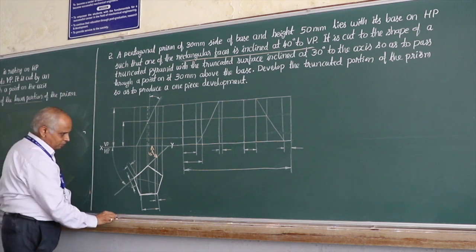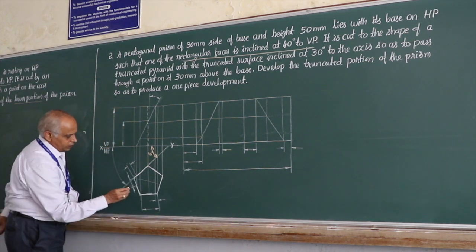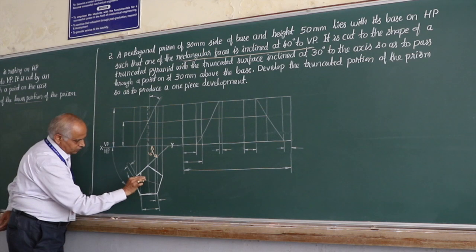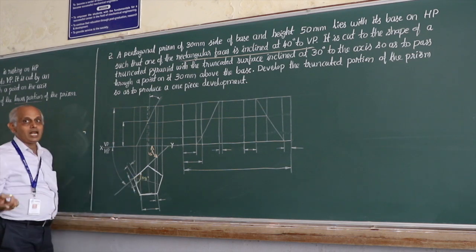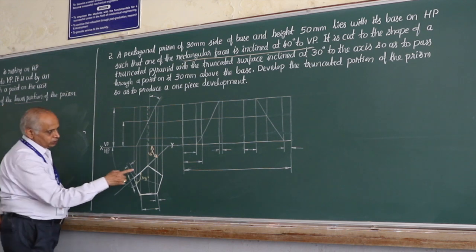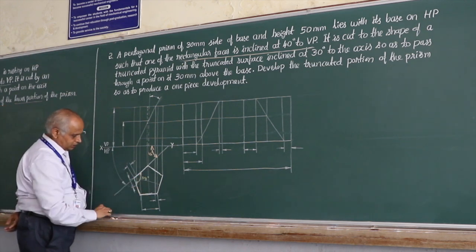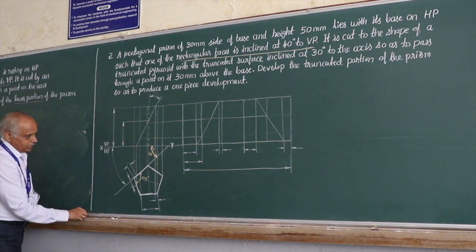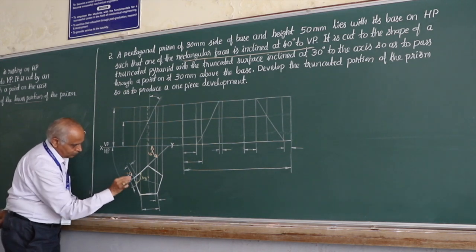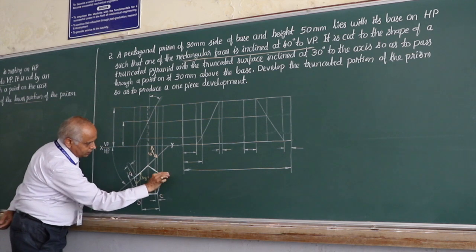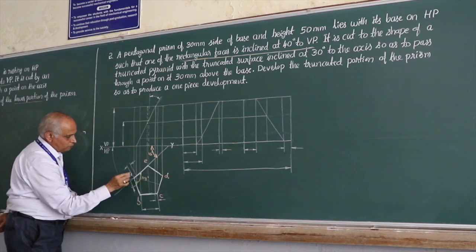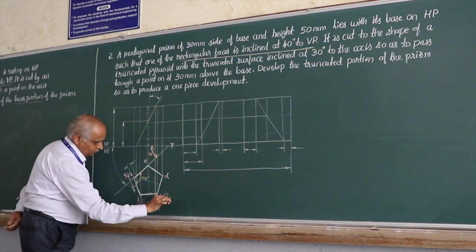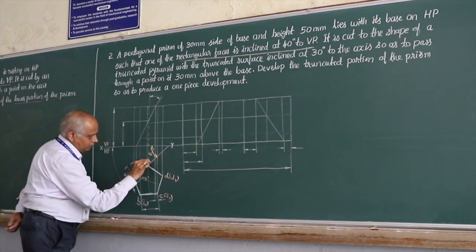Remember, whenever you draw a pentagon, make it a point to observe that internal angles are 108 degree, because there is every possibility of you drawing a pentagon with all sides equal, but all angles may not be equal, and then you will lose marks. Ensure that each and every angle here is 108 degree. Let us name the points here, and point at the top is A, B, C, D and E. Remember, at the bottom obviously it will be A1, B1, C1, D1 and E1.